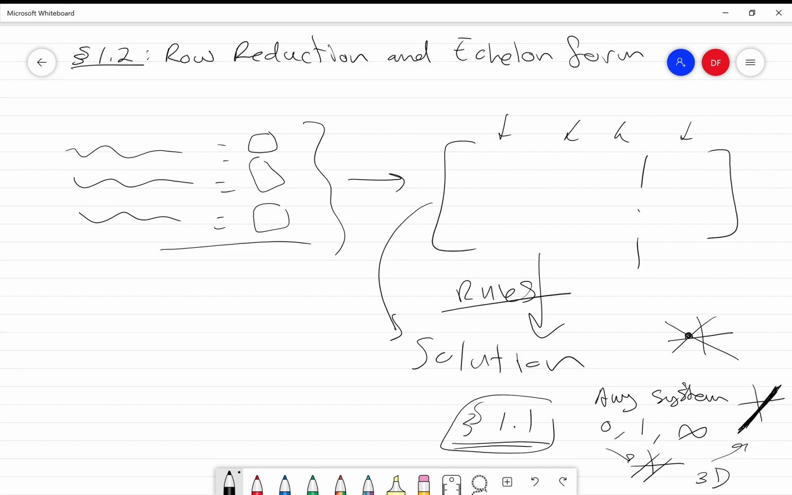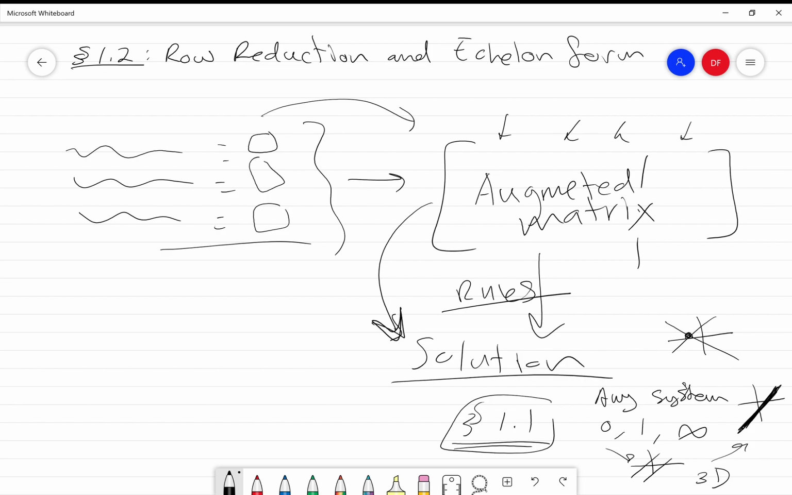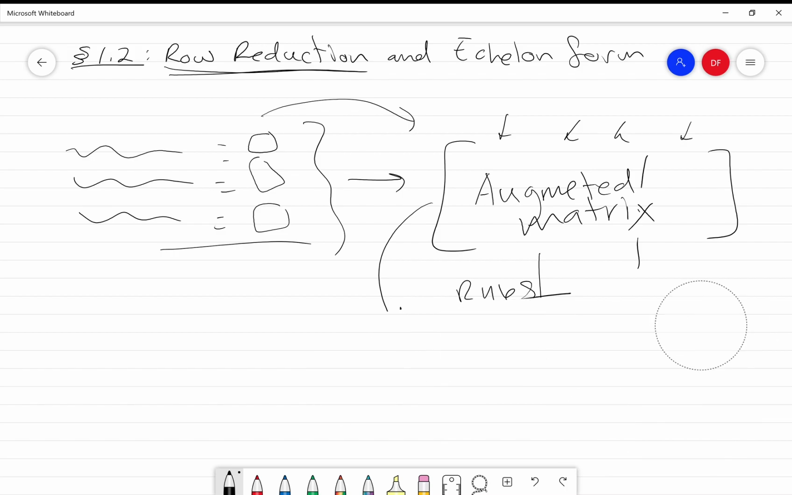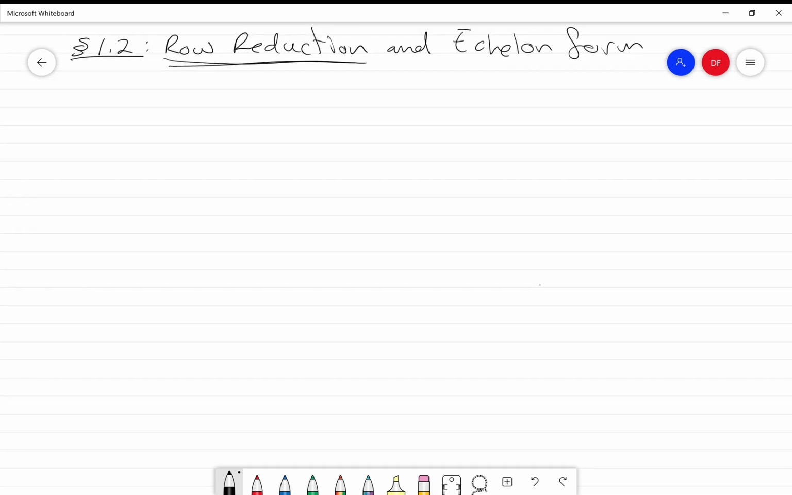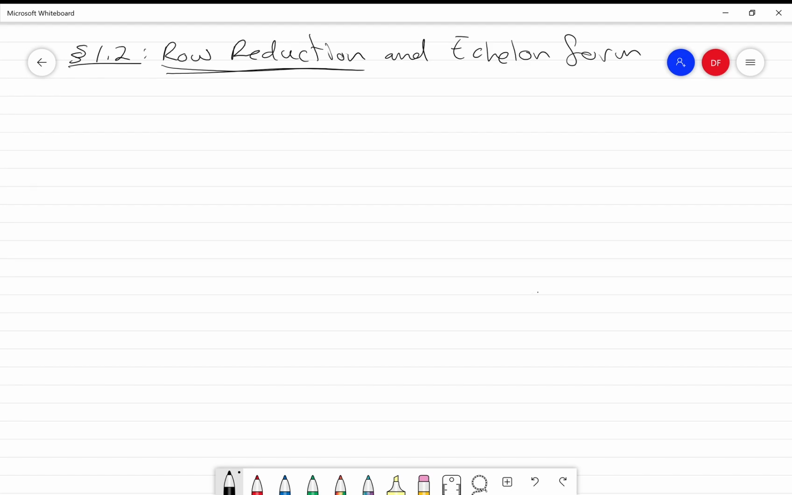But first, let's show you how to take an augmented matrix. This is called an augmented matrix. How to take an augmented matrix and find the solution using what is called row reduction. Okay. So first, let's start with